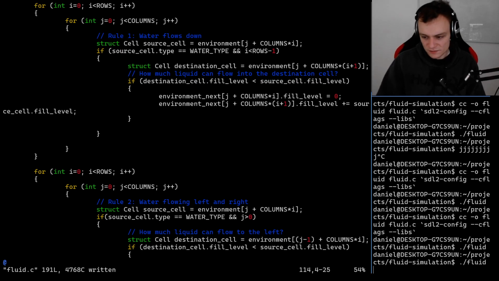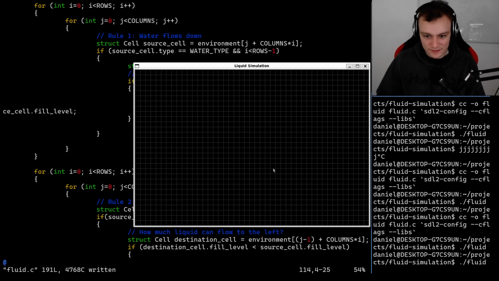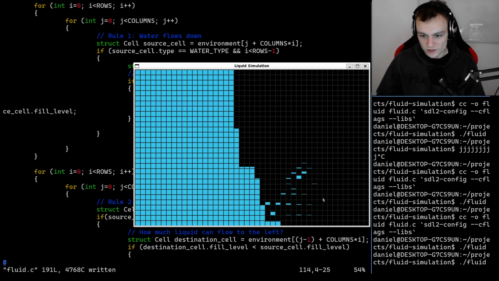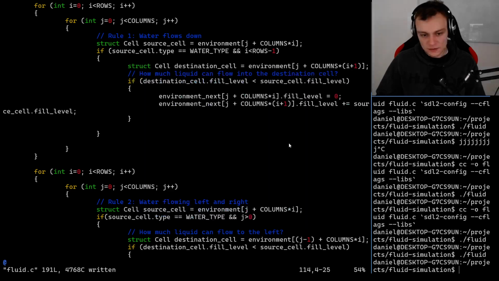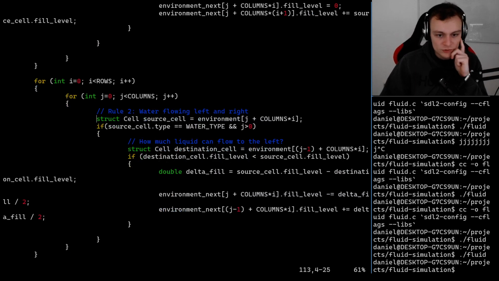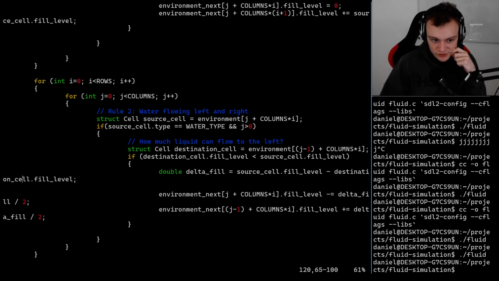But somehow I liked it a tiny bit better than the original version, but I don't know why it stacks up. Why does the water stack up so much? Rule number 2, water flowing left or right. How much liquid can flow to the left? So there's a delta fill. That is the difference between the source cell fill level and the destination fill level. Then the environment next will be